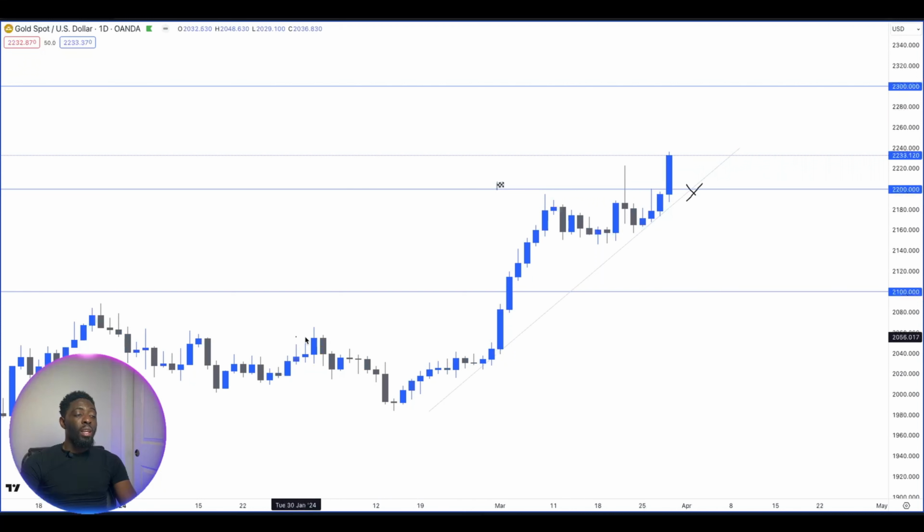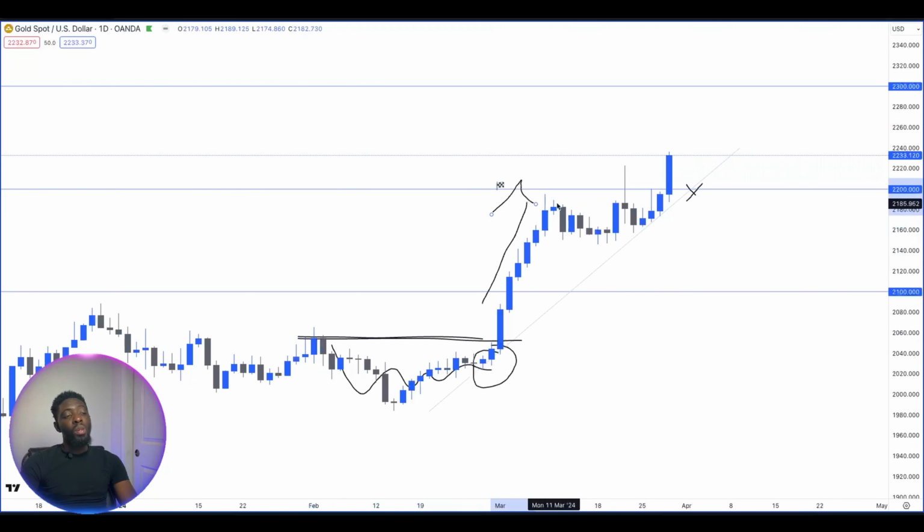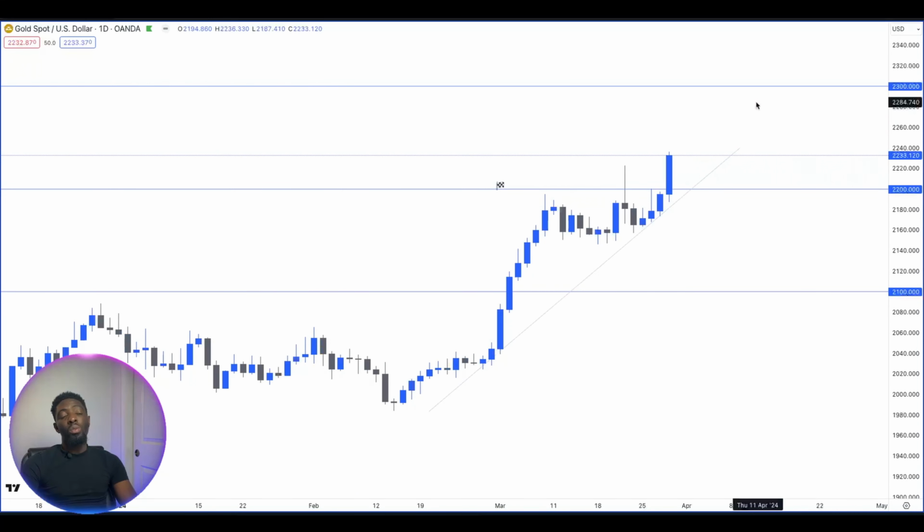You had an area like this, you had price moving, there's a test of it, taking out this area, price moved to the upside. You had a test of this area, price took out this one. So we should see prices coming back to test an area like this for prices to continue to the upside. So if this has to happen, say we pull back to this psychological number and this trend line,